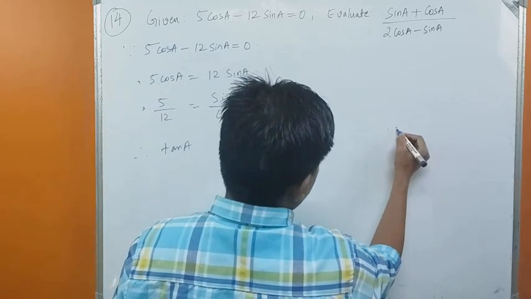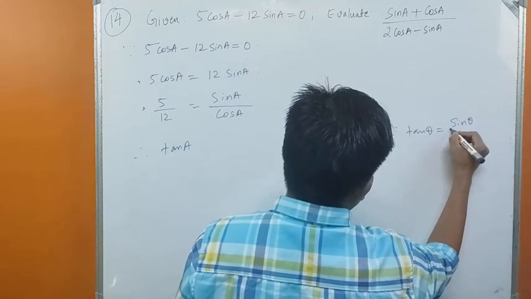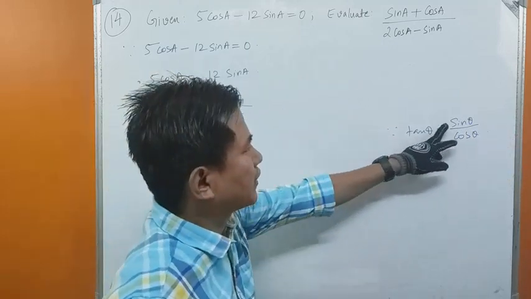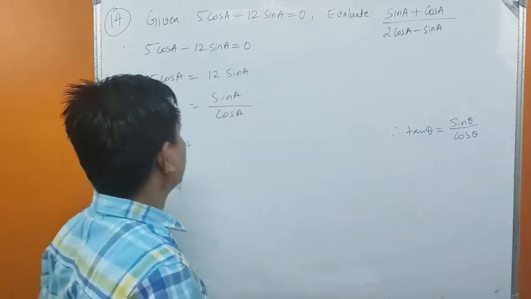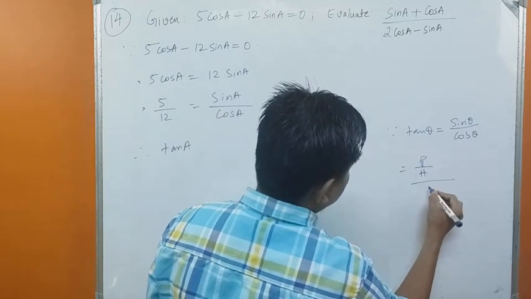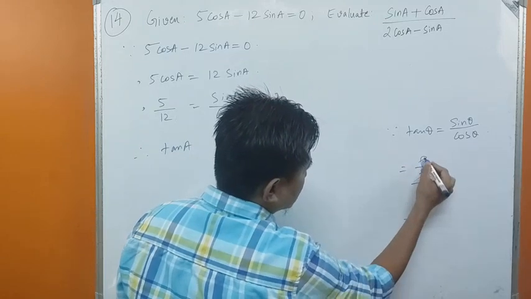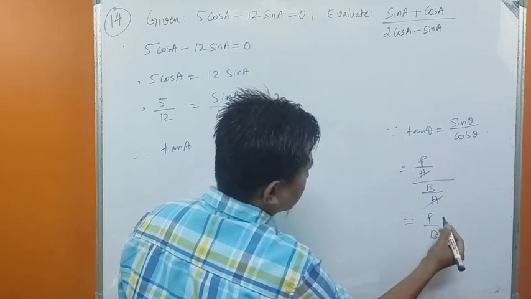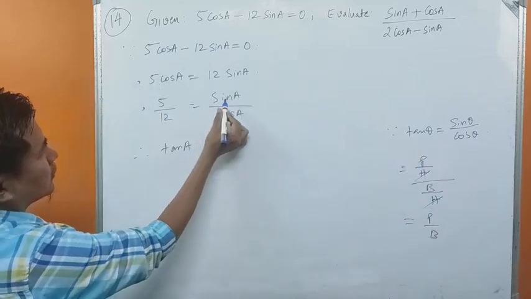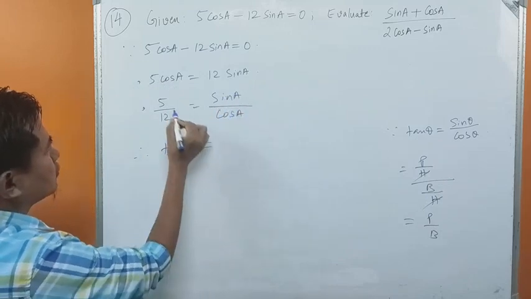We know that tan theta equals sin theta by cos theta, isn't it? This is the formula, tan theta equals sin theta upon cos theta, okay? Because sin theta is perpendicular upon hypotenuse and cos theta is base upon hypotenuse. So we cancel this hypotenuse, perpendicular upon base. Perpendicular upon base means tan theta, isn't it? So sin A upon cos A is tan A, okay? Sin A upon cos A is tan A equals 5 upon 12,